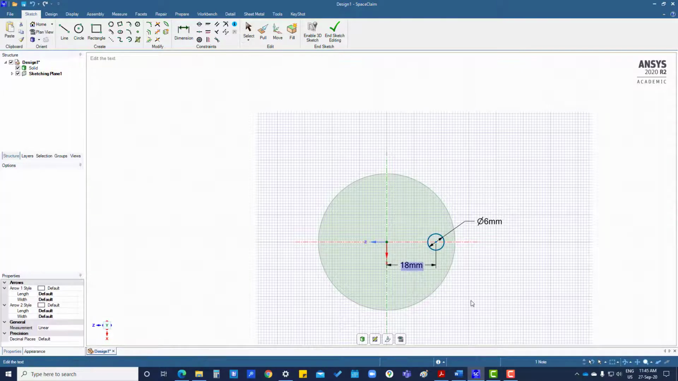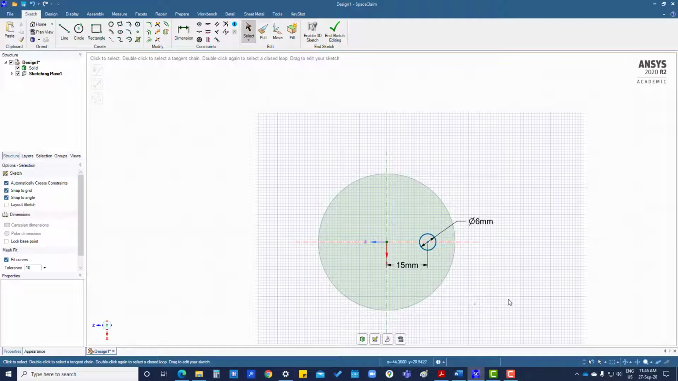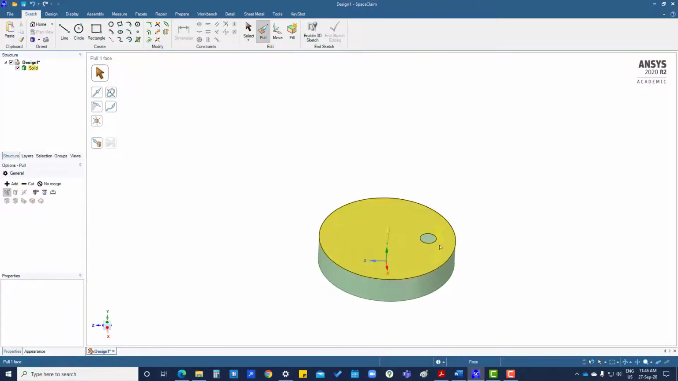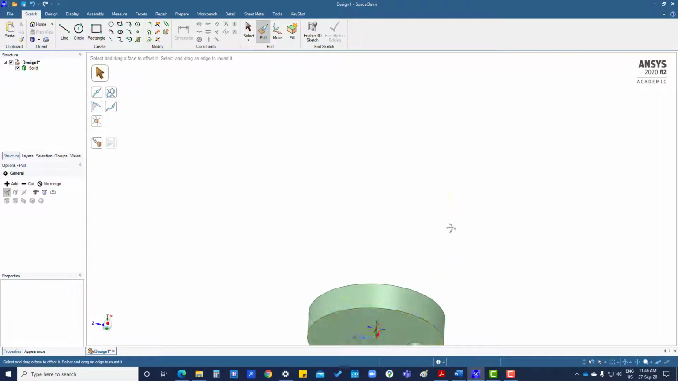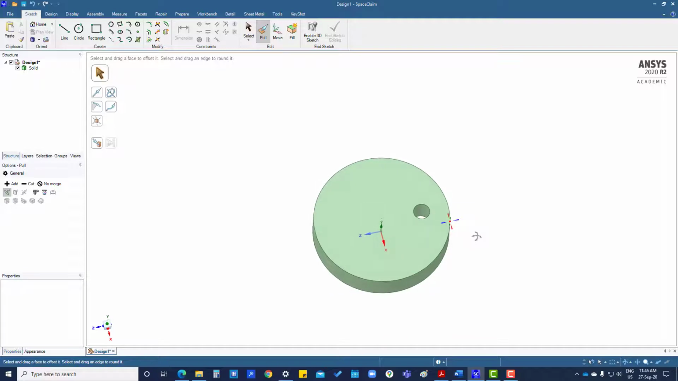Okay, 15 mm, come out of this, cut up to next. Okay,